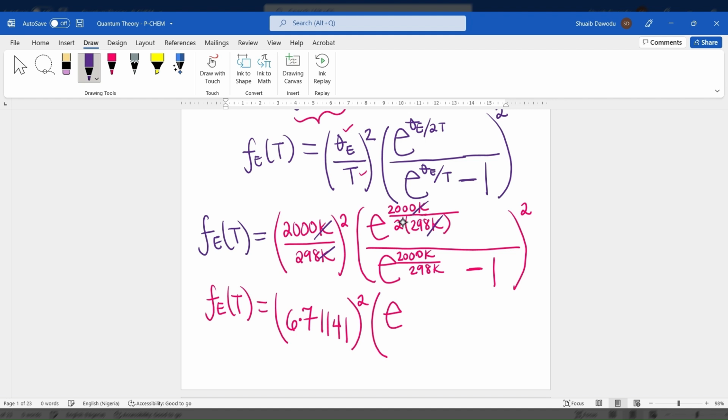First of all, you're going to cancel out 2 from 2000, so that will make you 1000 right here. So you have 1000 divided by 298 Kelvin. You end up with 3.3. e raised to the power of 1000 divided by 298 would just be 3.3557, divided by e raised to the power of,